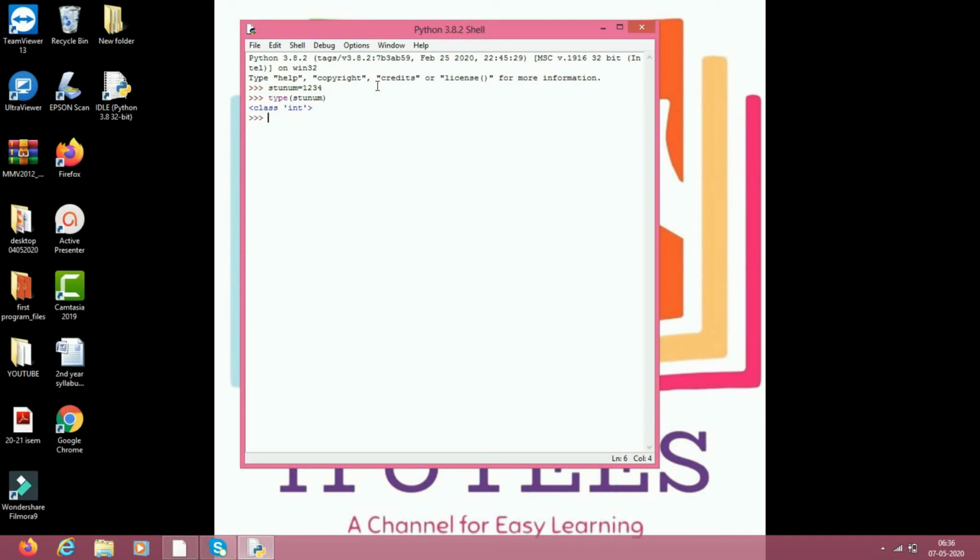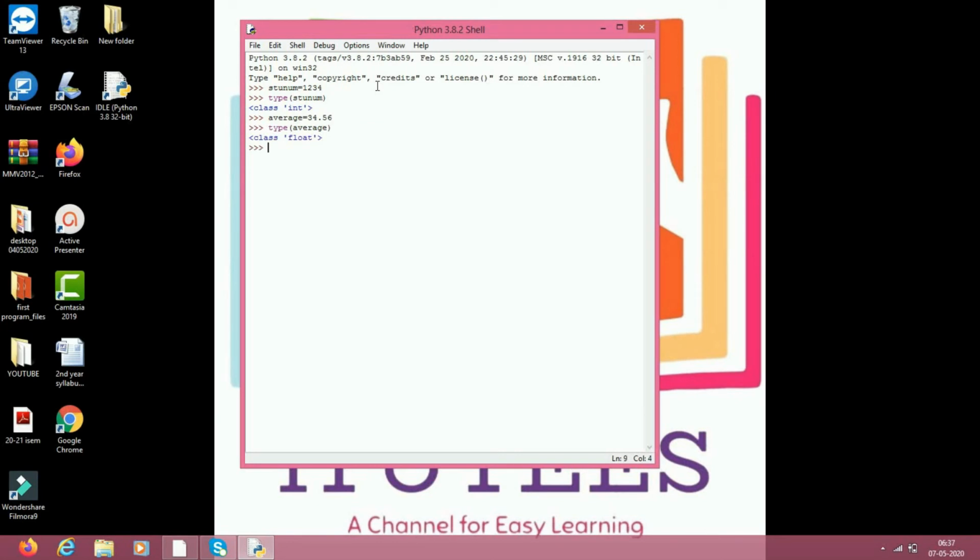The next data type is float. Average equals to 34.56. What is the type of average? It is a float. The next one is the string data type.